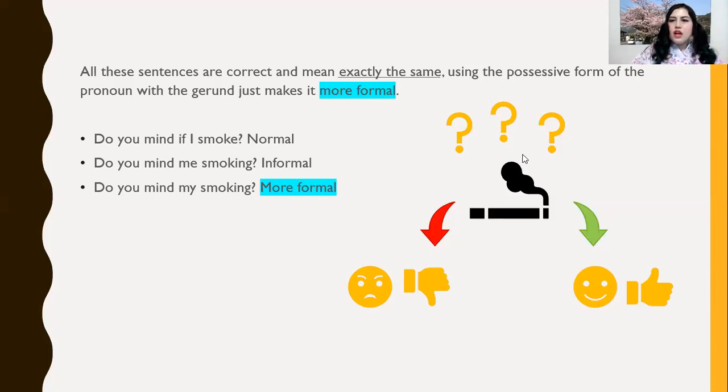Here we're using the object form of the pronoun, and it's informal. And do you mind my smoking? This one sounds a little bit strange, but it's actually the more formal one. So if you want to sound really formal, or if you would prefer to do it as correctly as possible, try to use the possessive adjective form of the pronoun, okay? And either way, replying yes or no.